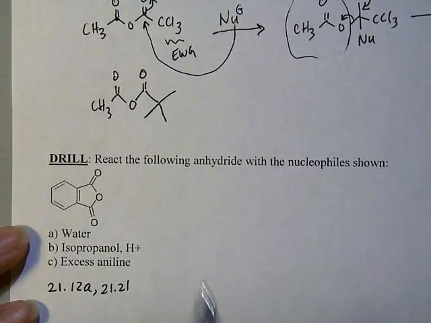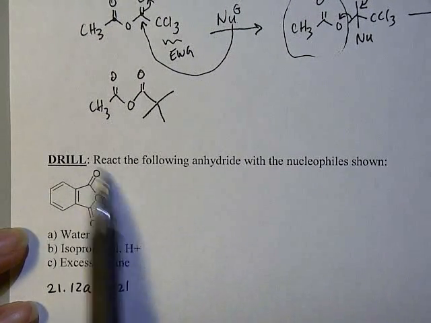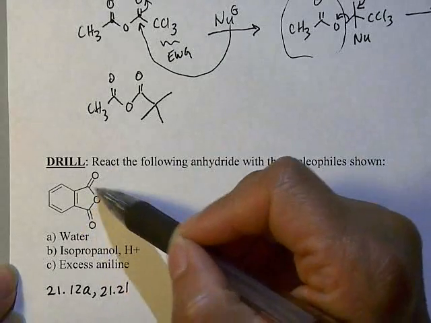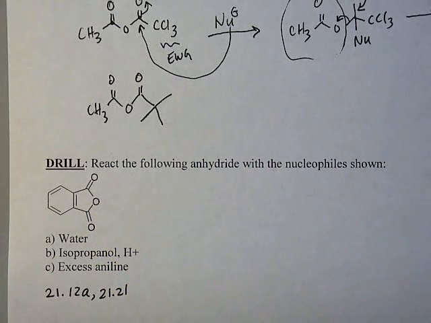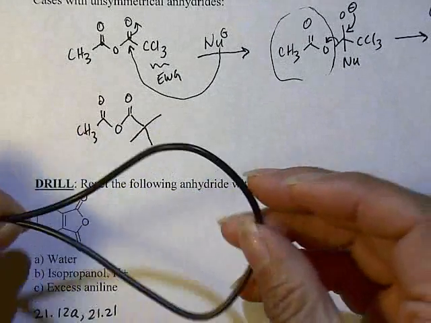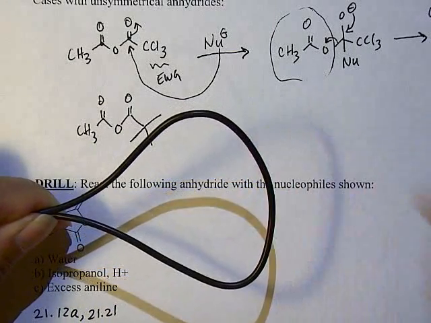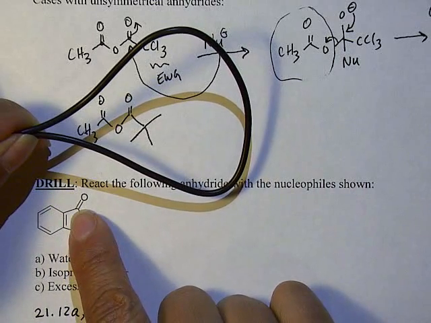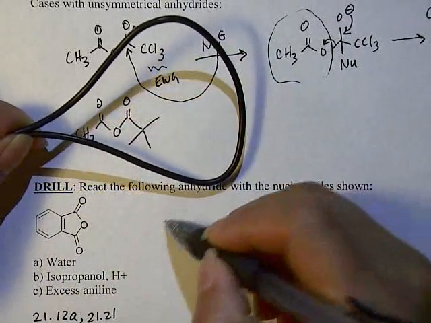And also, students a lot of times have problems with cyclic anhydride as shown here. That's why I've put this in your drill. Don't overthink this. If it helps you to make a model of this and then try to figure out what's going on, then that's fine. But just think of the cyclic molecules as a circle. And then when something comes and attacks at the carbonyl, it's symmetrical, so it doesn't matter. And then it forms